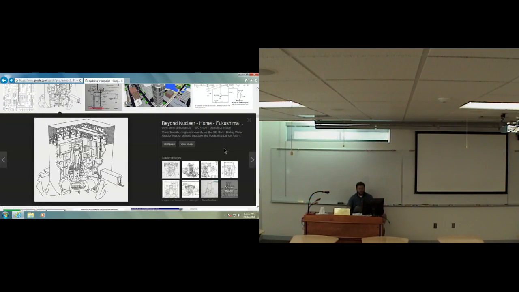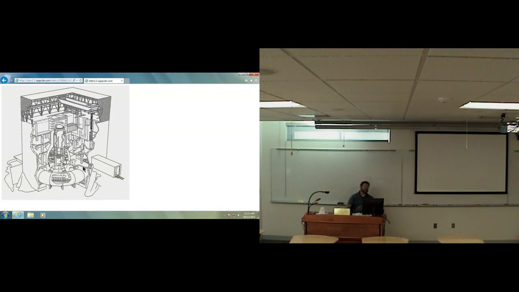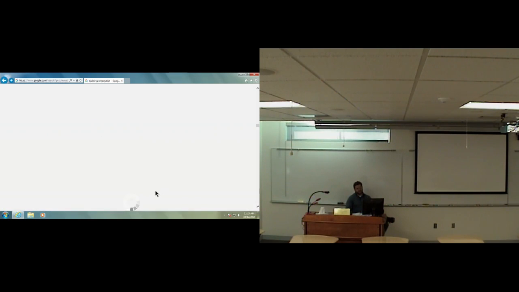Here's a cutaway schematic. This is the schematic of the Fukushima nuclear reactor, the one that went critical during the tsunami in Japan. So the reactor vessel here is in the middle, and there's all kinds of equipment around it, shielding and cooling and equipment and everything else. And of course the main building of the reactor. And it's a cutaway, obviously, because they cut away different layers of it, kind of like peeling away layers of an onion, to show you the inside of this. And that's a very common type of schematic that is shown in engineering